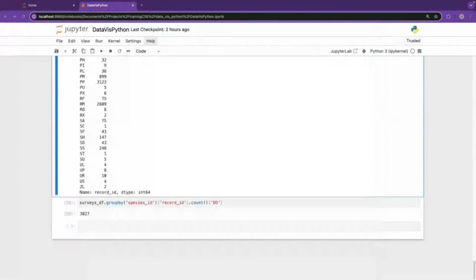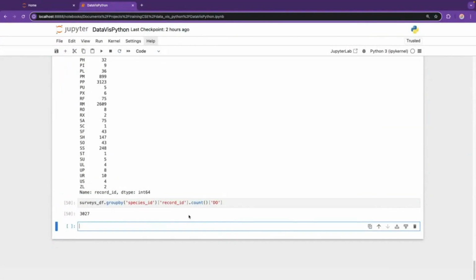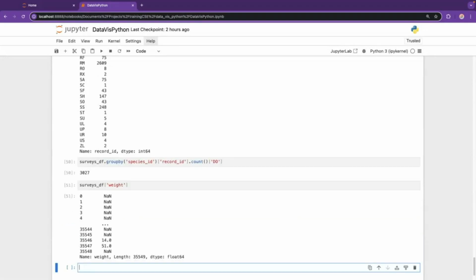Okay, so now we're going to move on to basic math functions. We can also do basic math on this. So we could apply a mathematical operation like addition or division on an entire column of the data. So for example, we could multiply all of the weight values by 2. Well, if we print it out actually as it is,